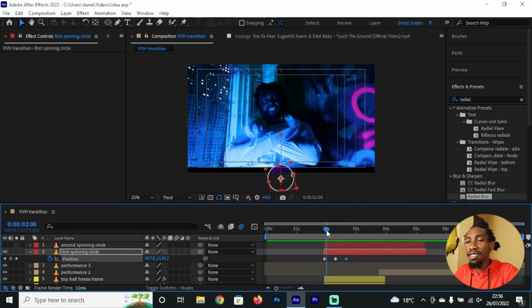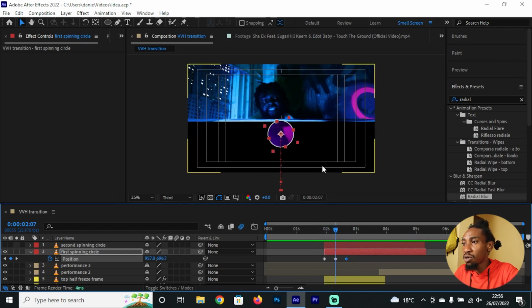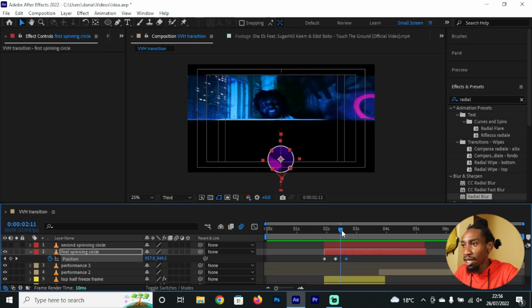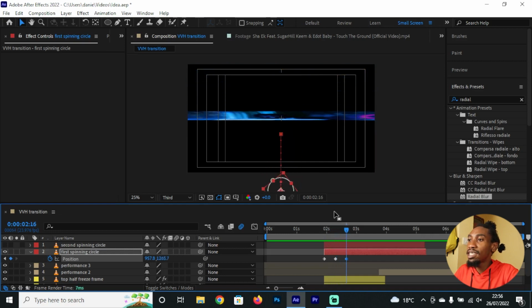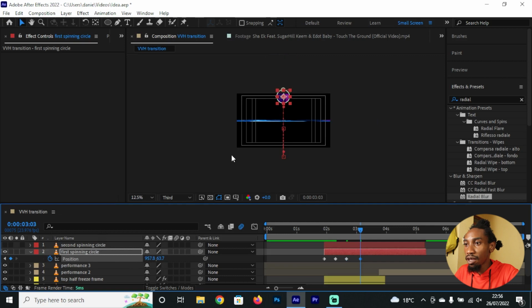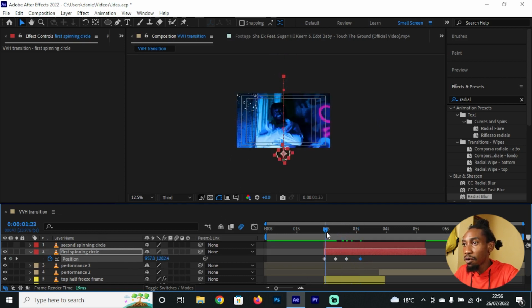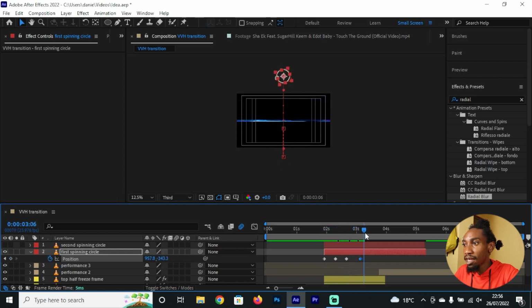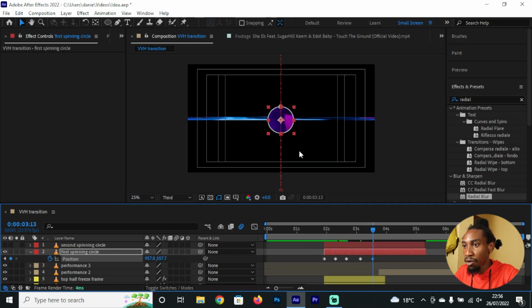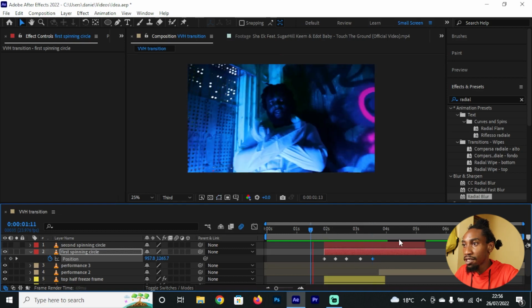Okay. Now for this first spinning circle, I need us to complete one thing first. As soon as it goes up and then it goes down again, let's take it up once more, but let's go past this halfway mark. So we shall go up, up. Okay, just make sure it looks fluid and reasonable, and then once it goes up again, let it come back down to the very middle point of this frame. So I guess that's the middle point of this frame. So it should look like this,